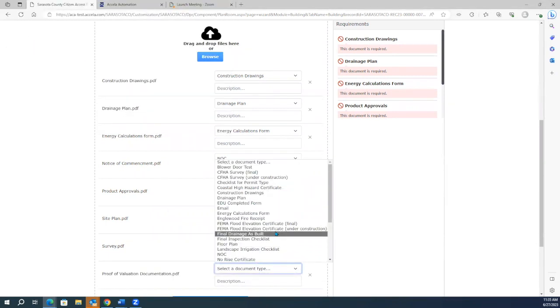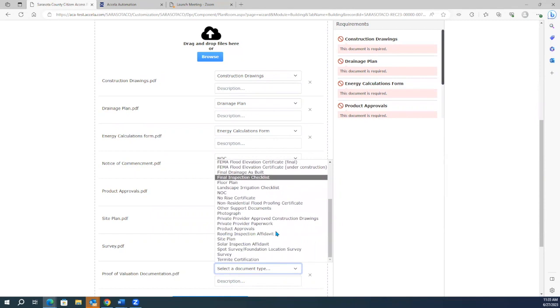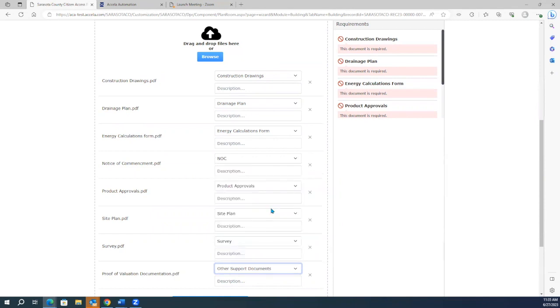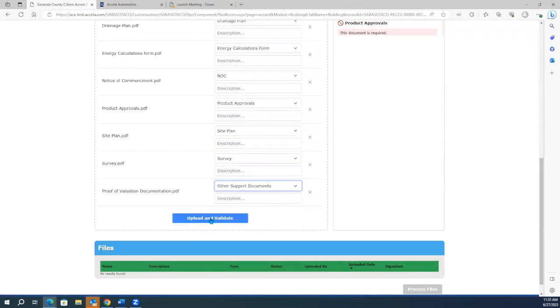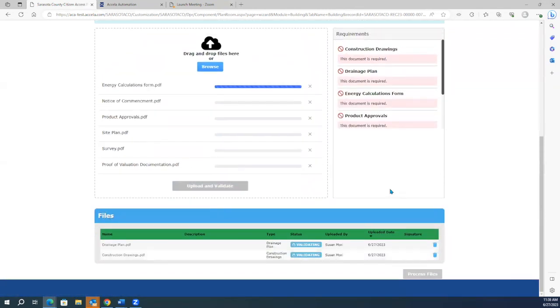And then we have lots of options in here, but there's also other supporting documents, and that's always a good one if it's not actually listed and it's something different than any of these other ones. So we're going to upload and validate.